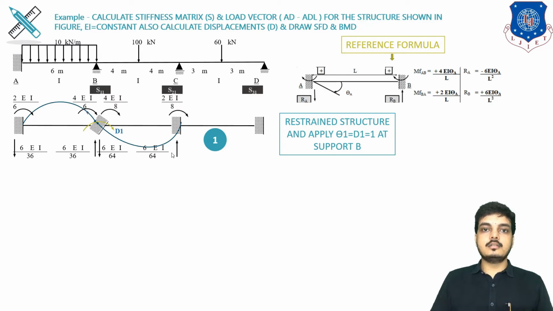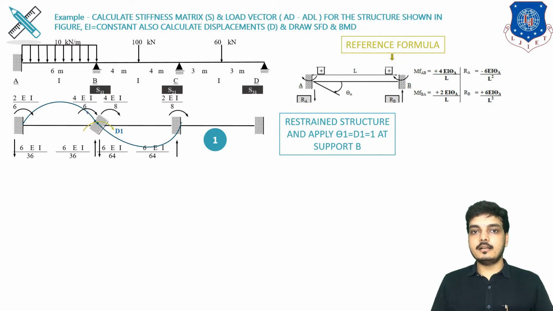Now you can see that our moment has been placed in clockwise direction. So the reaction will be opposite to the moment. Moments are in clockwise direction, so our reaction will be anti-clockwise. Here you can see that the AB span is rotating clockwise, so we have to rotate anti-clockwise to counteract that moment. We have a couple reaction: upward over here and downward over here, which will create an anti-clockwise moment.